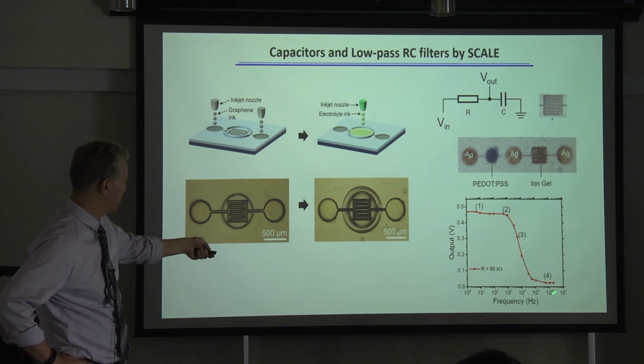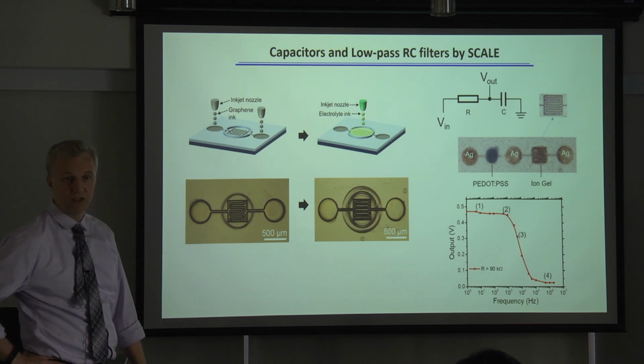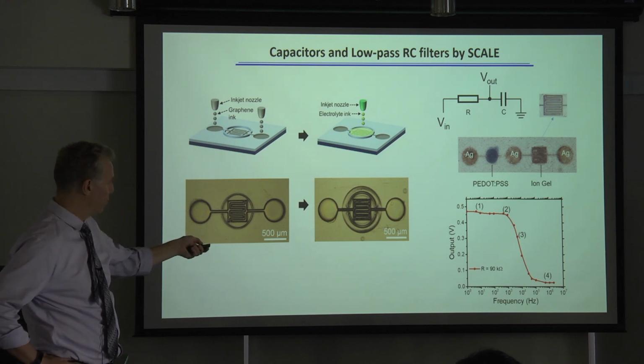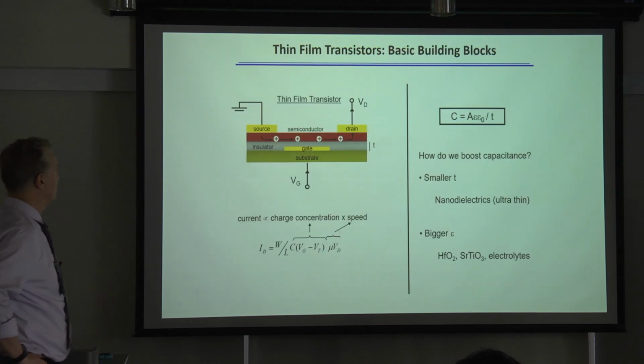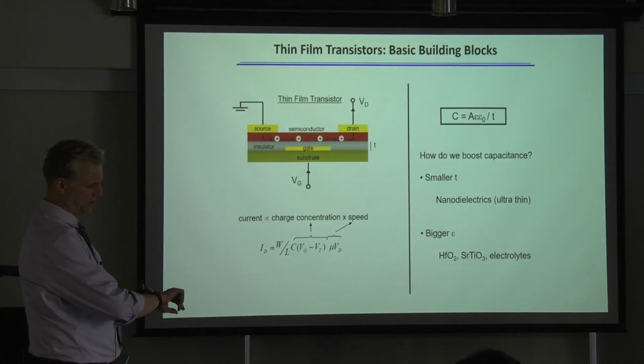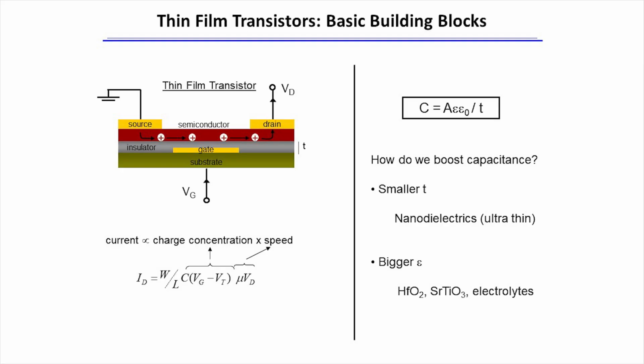This is output voltage versus frequency. The cutoff frequency here is just tuned by what I print for R and C. All right, and we can move this knee around as we like. So how am I doing on time here? Maybe 5 more minutes. The big prize in this business is to make transistors, which are the fundamental switching element